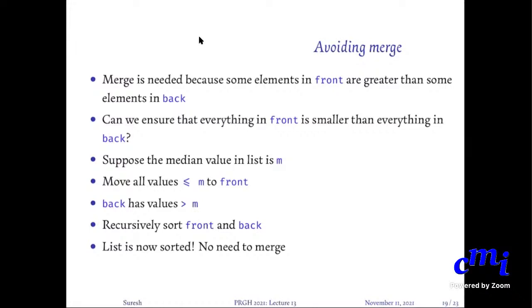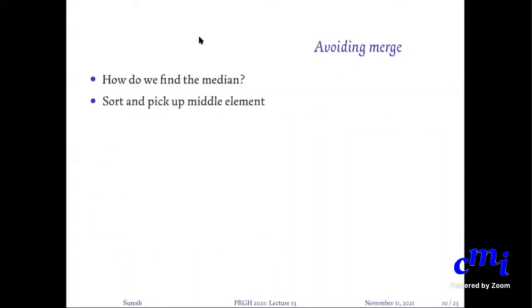Instead, we don't necessarily search for the median. We pick a random element, and then divide the list into two halves. One half consisting of all the elements smaller than your random element, the other half consisting of all elements that are greater than your random element. But where do you go for a random element? You don't even go for a random element. You pick the first element. So that is the strategy that you want to do.